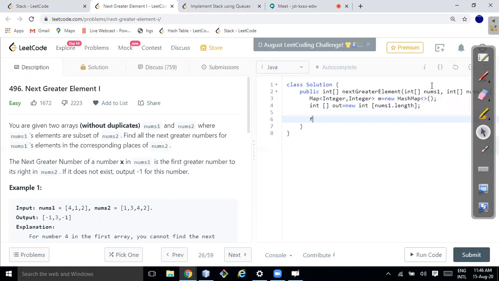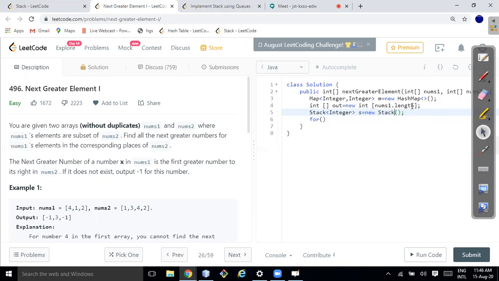The next step is we need to write the algorithm. To write the algorithm, again, I need some stack also, right? One auxiliary space. So I'll create one Stack of Integer s equal to new Stack. That's fine. I created a stack.